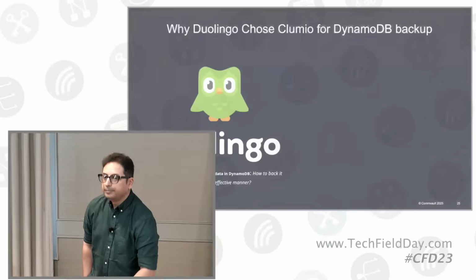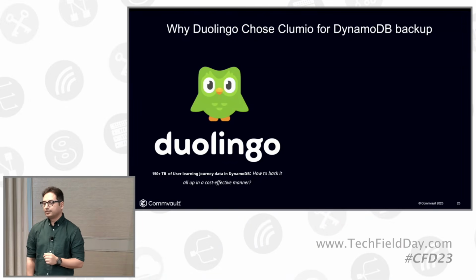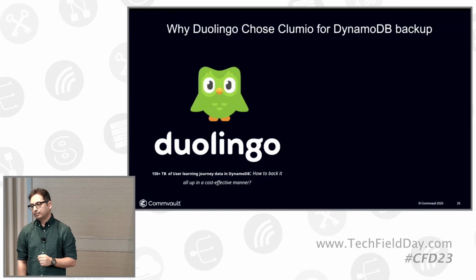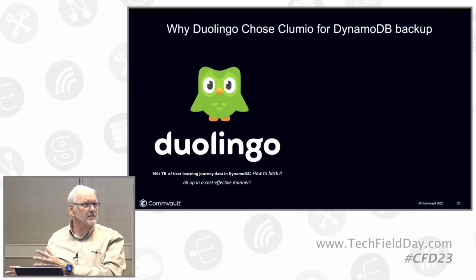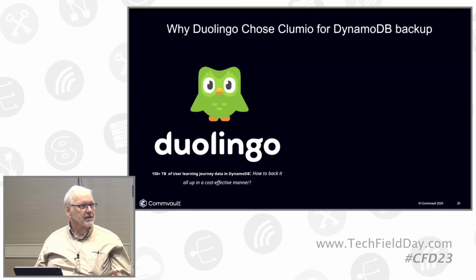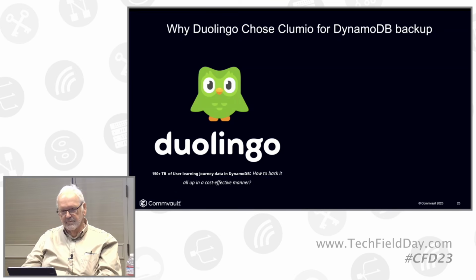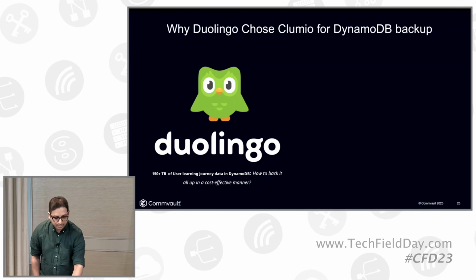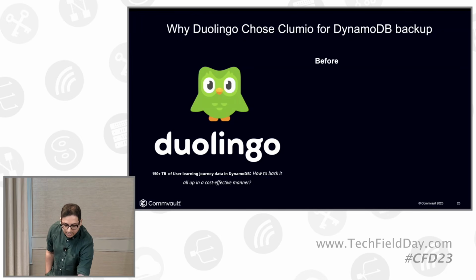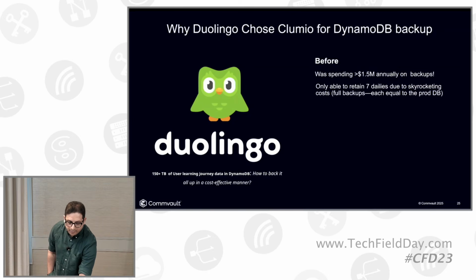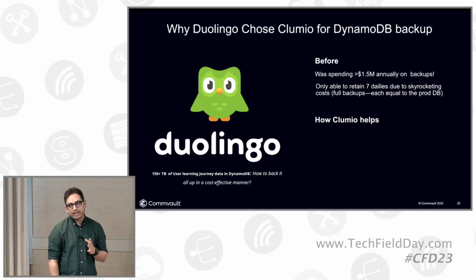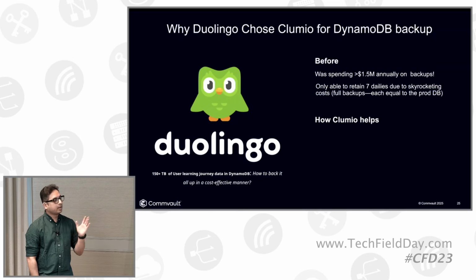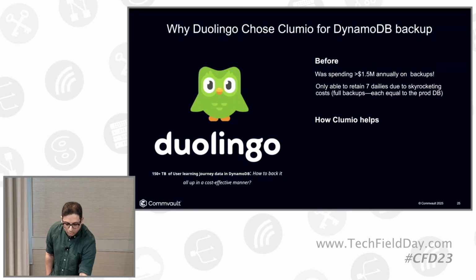All right, so you mentioned before that a customer that had a terabyte of DynamoDB would, if he did normal cloud-native backups 7 times, be effectively 7 terabytes. Yeah. In your case, it wouldn't be because you're doing change tracking and differential backups. Exactly. Incremental backups, effectively. Yeah, we are doing incremental backups forever, and we'll talk about that as part of the Duolingo case study. So they were spending more than $1.5 million annually on just DynamoDB backups, and then they were able to retain only 7 daily backups. So they could go back only 7 days if they wanted.